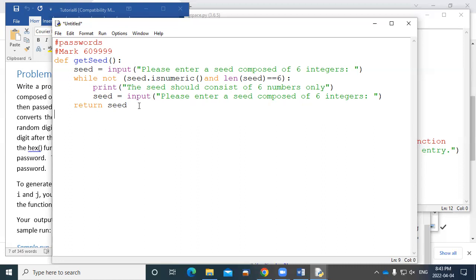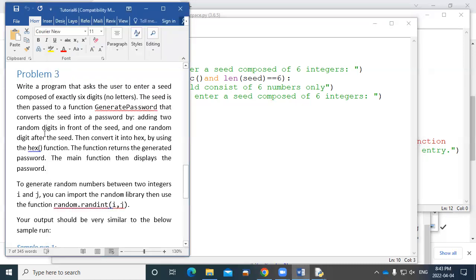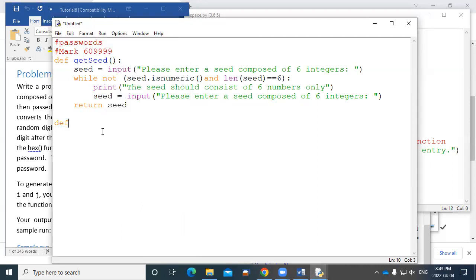We have to have a function that generates the password, because that's what the description here says. We need a function called generate password. So we're going to define this function generate password. What it's going to do is take the seed, which I will call S here. That's going to come as the input, and it's going to do some things to it. So what it's going to do is it's going to add